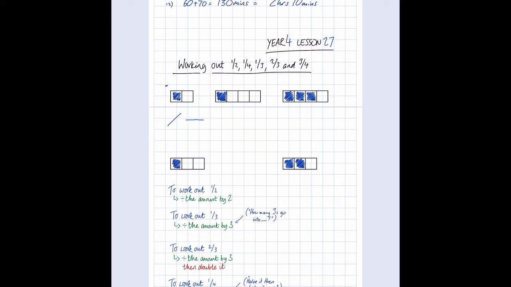So really simply, if we did this first one together, how many pieces of that shape are shaded? 1. How many pieces are there all together? 2. So that's a half, that fraction. Yeah. So next one,